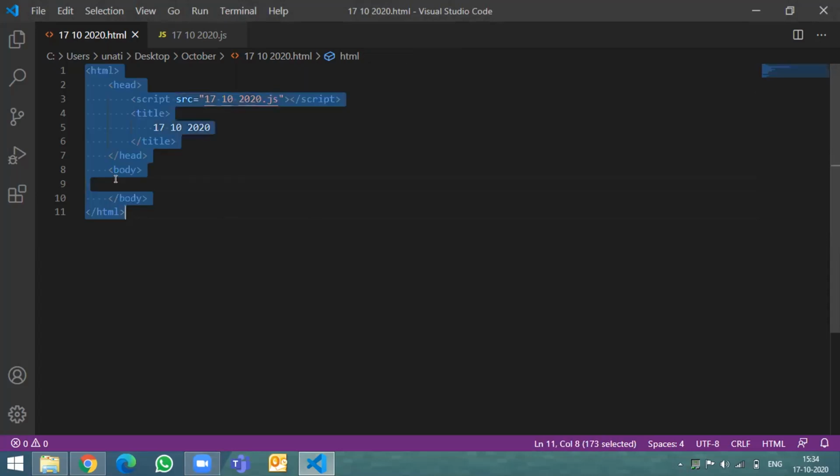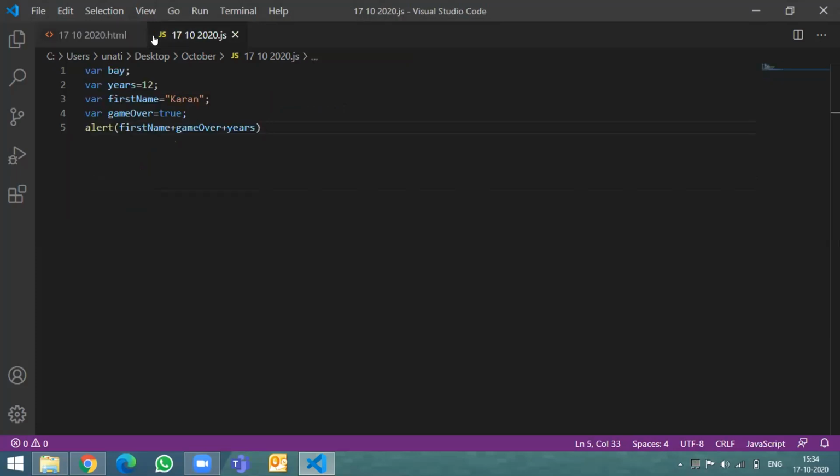Krish, done? Yes, sir, wait. I'm just seeing whether it is working or not. But I've done it. Okay, can you go back to your JavaScript file then? Can you add one more alert into your JavaScript file? Just say alert, and in brackets say today is 17th October in double quotes. Just see whether that is displayed on the web browser.